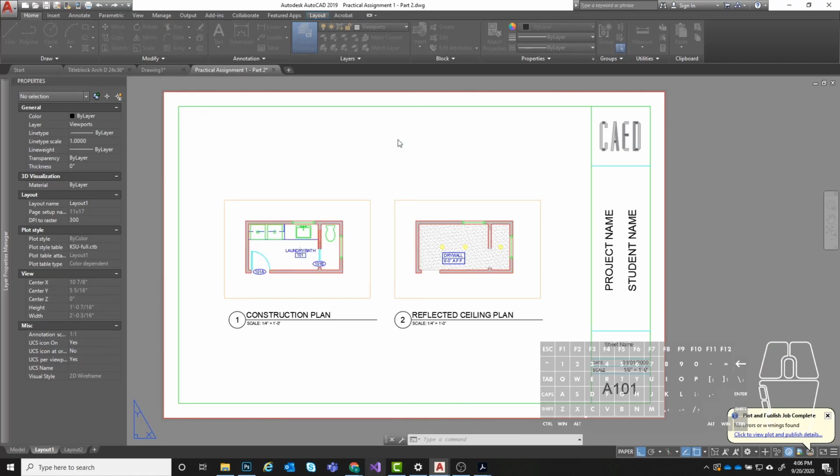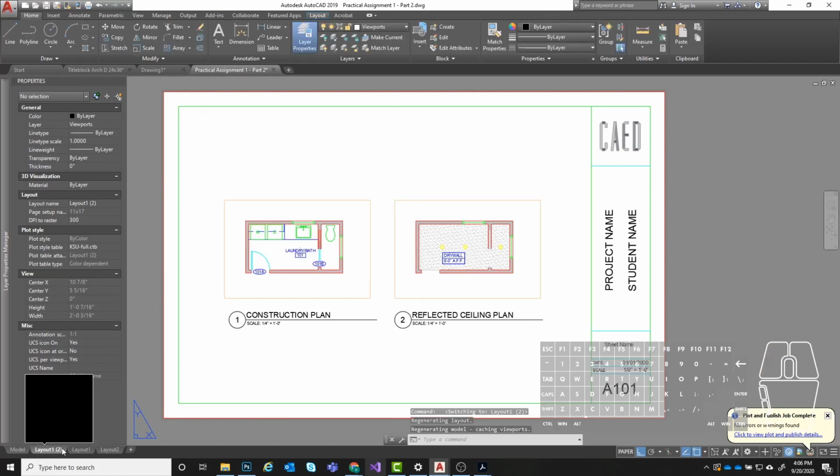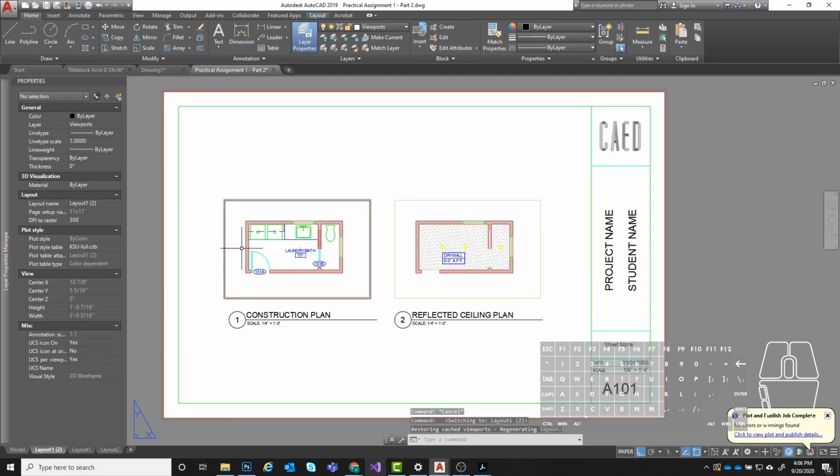Okay, and then that's going to create a duplicate. So you can see now I have layout 1 and layout 1 (2), and they're the exact same, but I don't have to reset up the title block on this new version. Okay, so now that I have 2 copies of my layout, I can go ahead and do Control and P